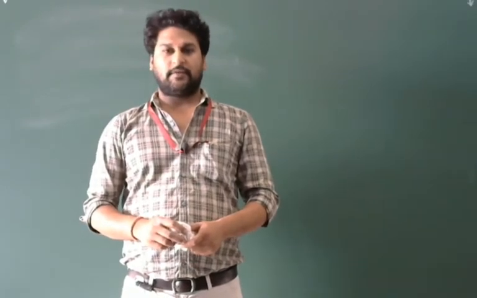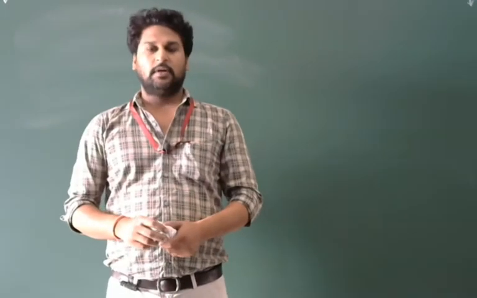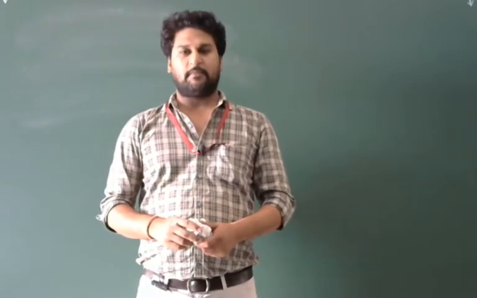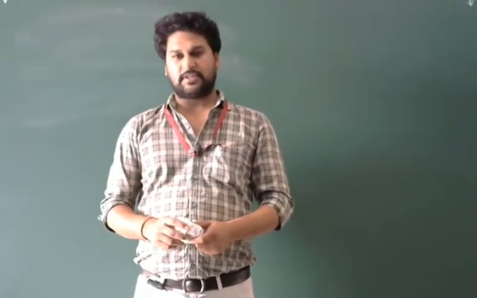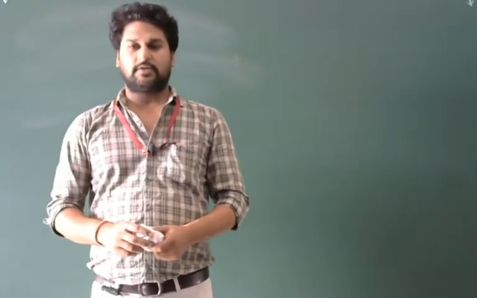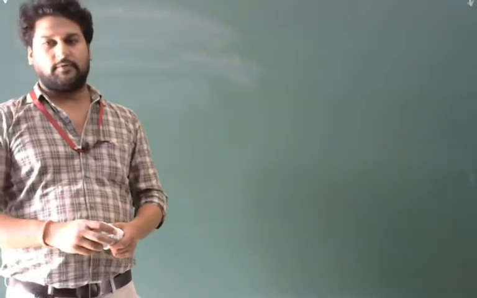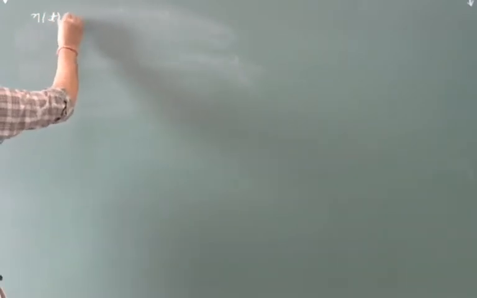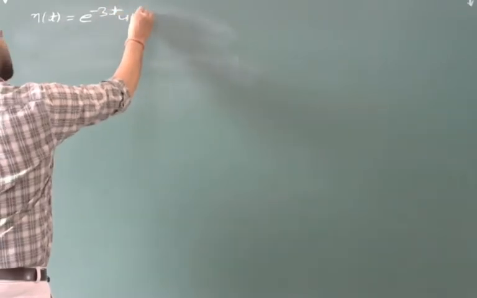In the last lecture, we completed some important properties of the Fourier transform. After knowing all these properties, now we can apply them to find the Fourier transform of some standard signals. So we will include some examples in this lecture to apply the properties of the Fourier transform. The given example here is x(t) = e^(-3t) u(t-2).